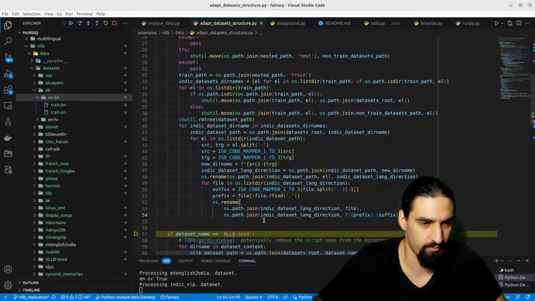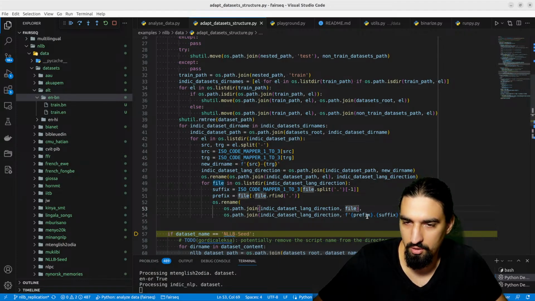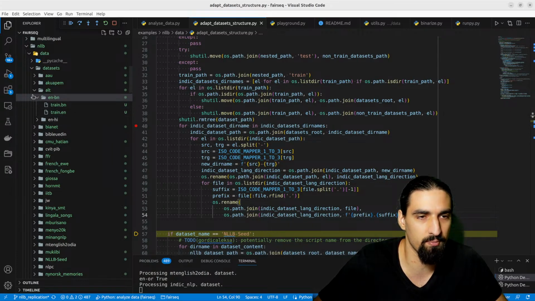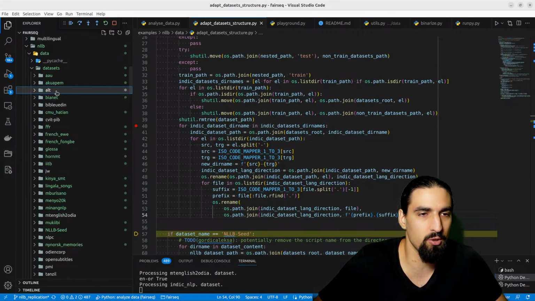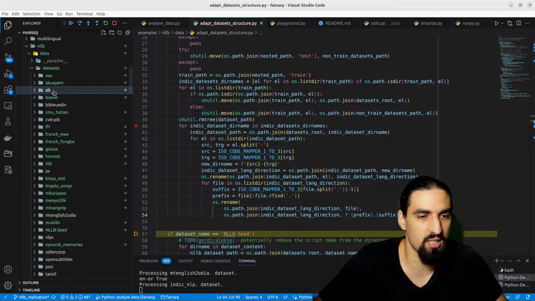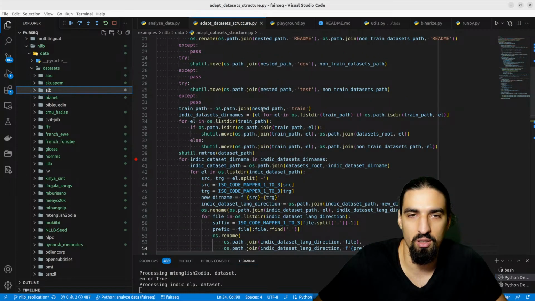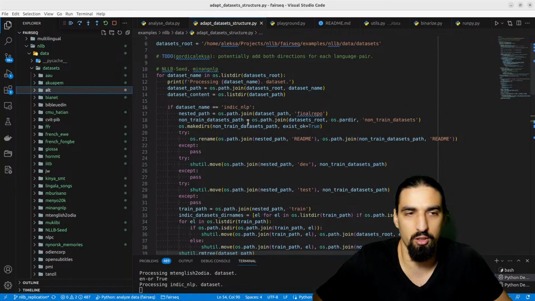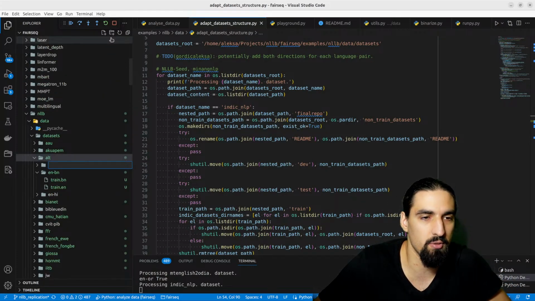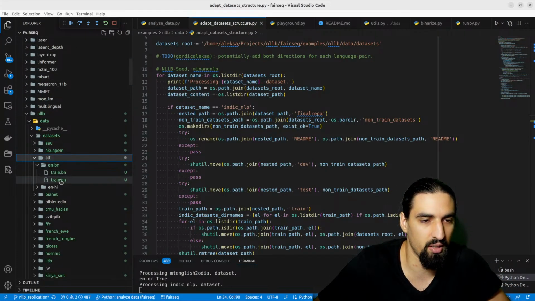Okay. No worries. File. Okay, we rename it into a suitable new name. And that's it, guys. So this should be it. We haven't tested this. To test this, I can manually quickly cut some of these and create the previous structure. I think that's going to be the quickest way to do it. Let me just create, not here, but